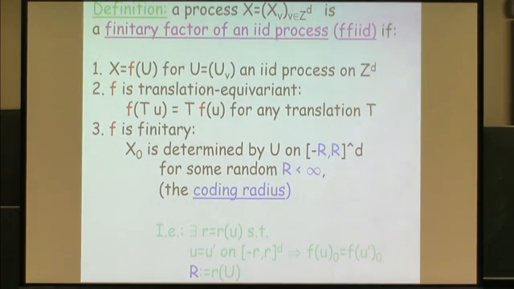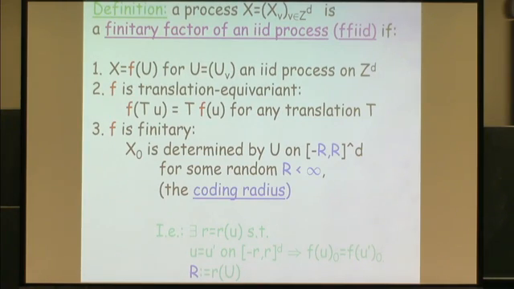Okay, so here's the particular notion of approximate independence that I want to focus on, which may not be so familiar, but it is rather a natural notion in this context. Suppose you have a process X, a family of random variables indexed by Z^d. We say it's a finitary factor of an IID process, which I'll abbreviate to FFIID, if three conditions hold,